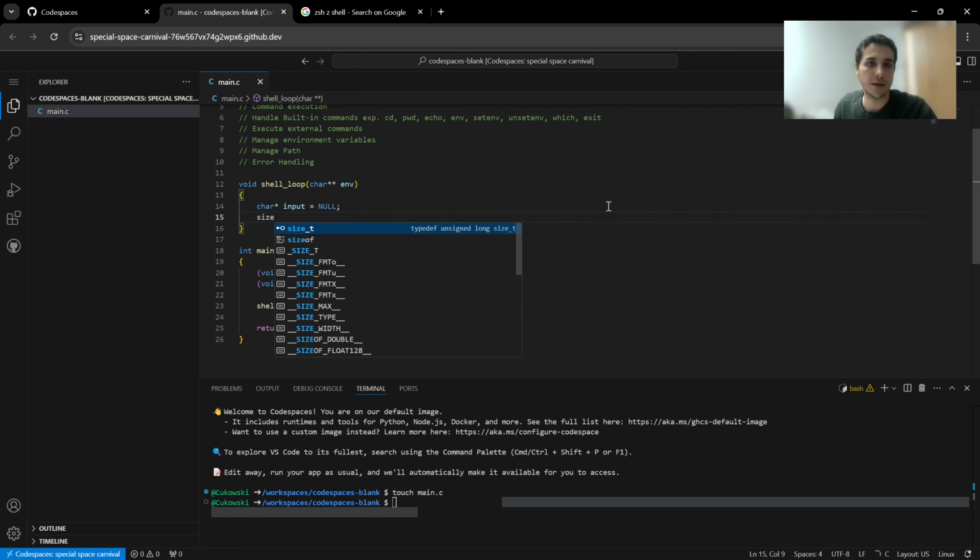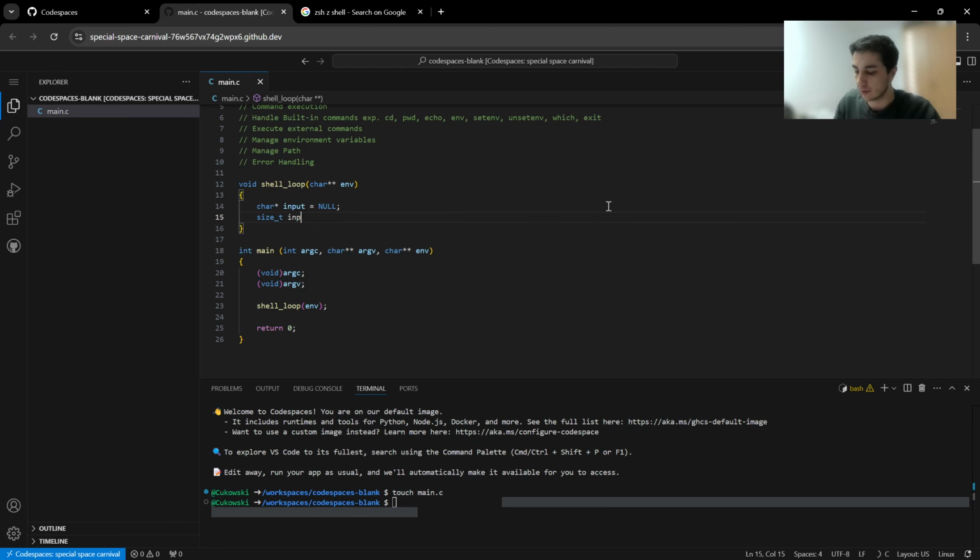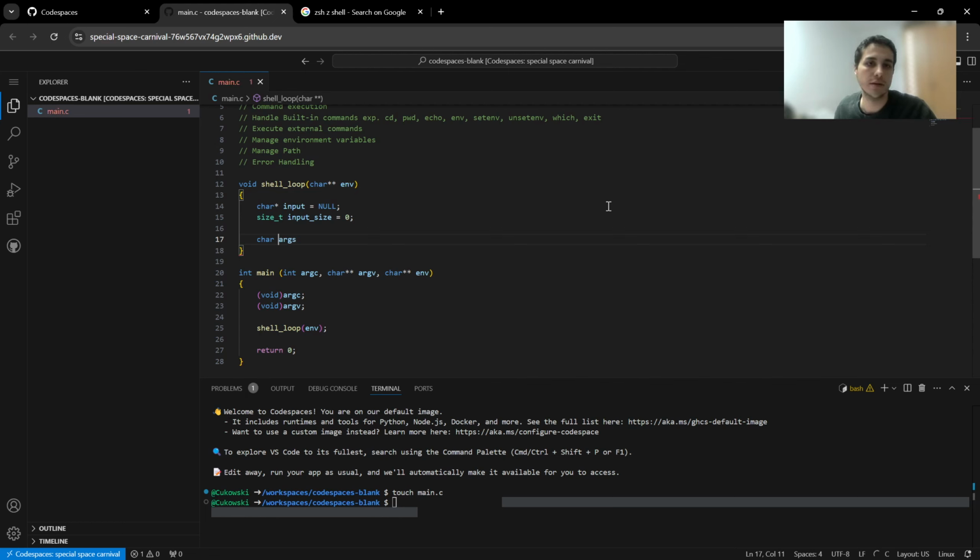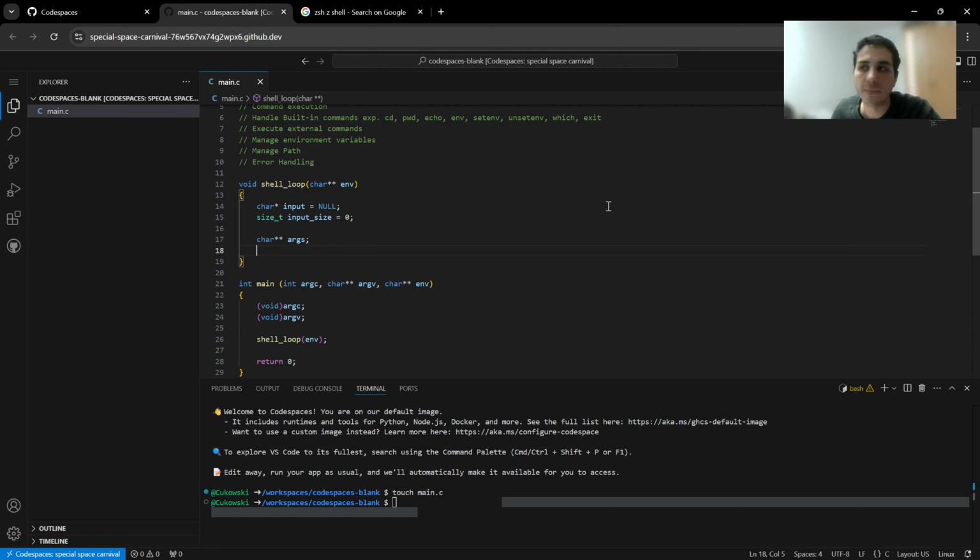We will have a size variable called input size that will be 0 as initialization. We will have char star arguments, which will be a